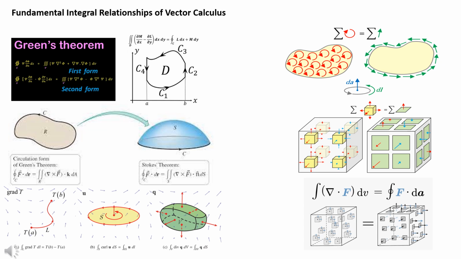Second form, flux form. This form relates the line integral of the field's normal component along the boundary curve to the integral of the divergence of the field over the enclosed region. It tells us that the total flux through the boundary curve is equal to the net source or sink, divergence,